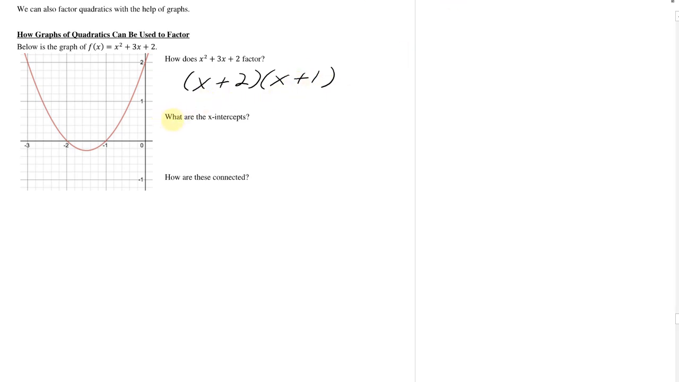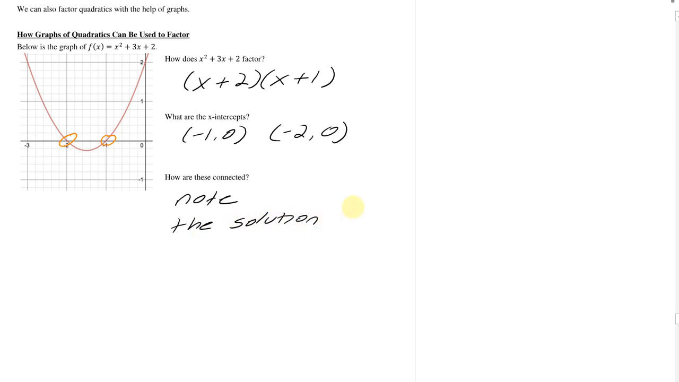Now what I want to do, I want to notice on this graph, what are the x-intercepts? So if I look on this graph, my x-intercepts are here and here. So what are those points? Those points are -1, 0 and -2, 0. Do you see any connection between these and this? Yeah, so if you were to set this equal to 0, the x parts of this would be the solutions, right? So note